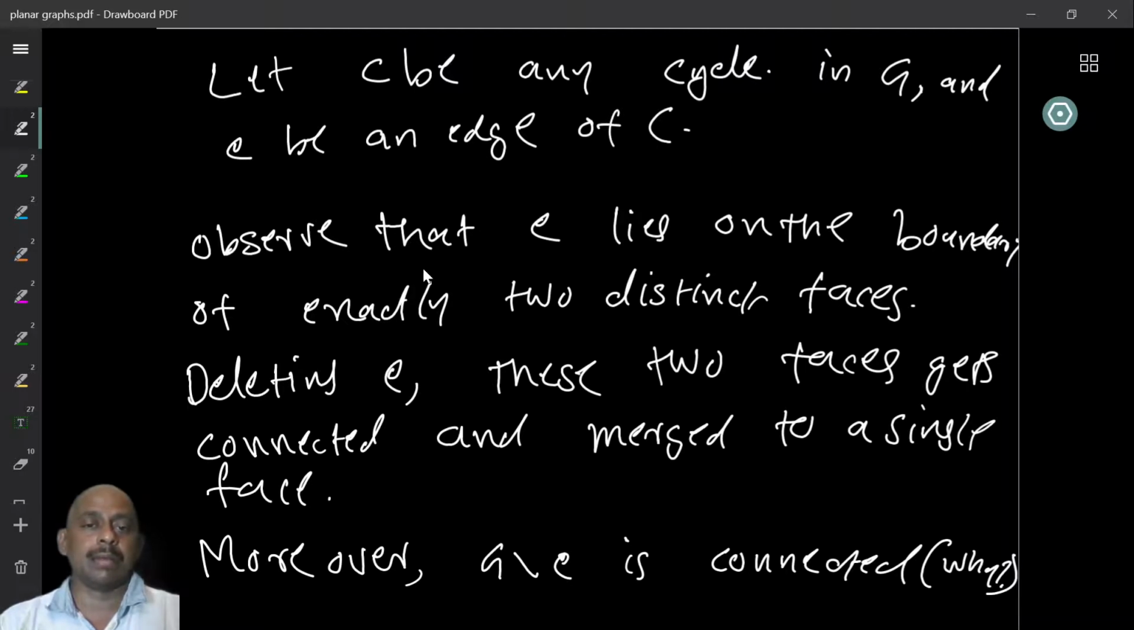So again, pause the video and think for a few minutes before continuing. Now, the graph G minus E is connected because E was part of a cycle, right? So if I remove one edge from part of one cycle, then it is not going to disconnect the graph. Again, you can formally prove this using the arguments that we have studied before. And once you have this,